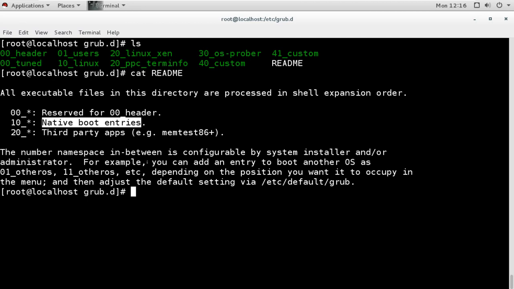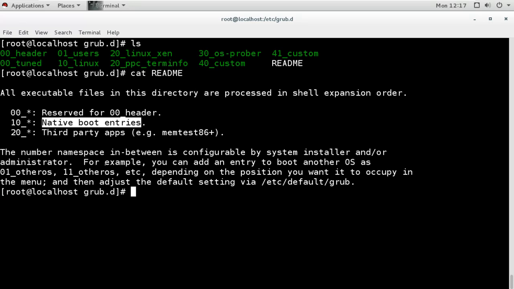So the system installer, when installing any third party application, can create entries here, or the administrator can also create any entry manually in between those numbers, whatever numbers we have in the gaps. So after 10 it is 20, then after 20 it is directly 30, 40 and so on.